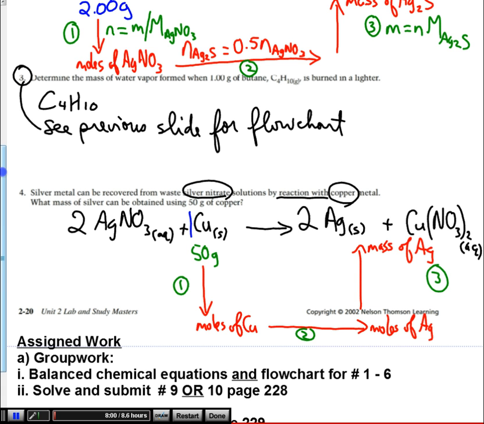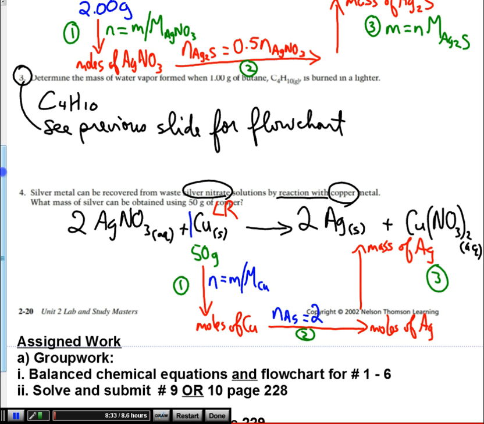We have moles of copper would be the mass, 50 grams divided by the molar mass of copper, which would just be its relative atomic mass from the periodic table. Step 2 is a mole ratio. Moles of silver, in this is a 1 to 2 ratio, so we'll form twice as many moles of silver from the limiting reagent copper. So if all of that 50 grams is used up, then we have to use the chemical which is completely